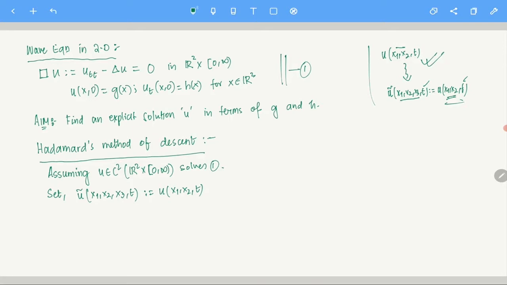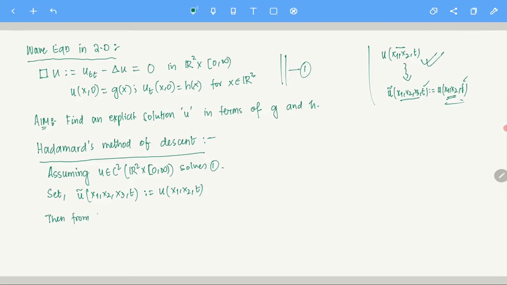So now I am defining a new function u tilde of x1, x2, x3, t. Yeah, three spatial dimensions, which is independent of the third variable. So basically, that will be defined as the value which u takes at x1, x2, t. So what is u tilde at x1, x2, x3 and t? That is the exact same value that u takes at x1, x2 and t. That is what we are doing. So you set this. Now once you do that, then